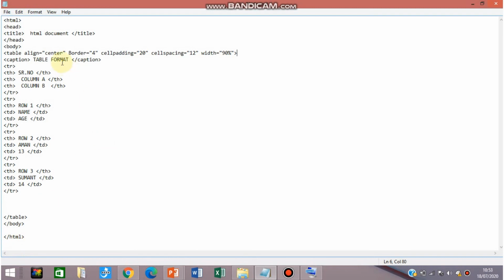I have just made some changes inside the table tag, adding some attributes to make the table more attractive. In today's class we have seen some of the attributes that we can add in the table tag in our HTML code to make our table look more attractive.